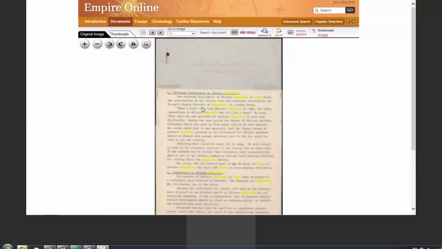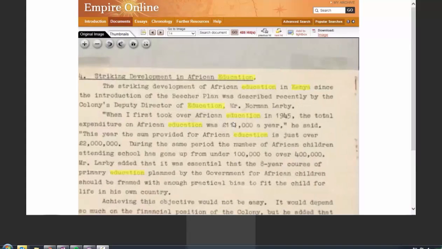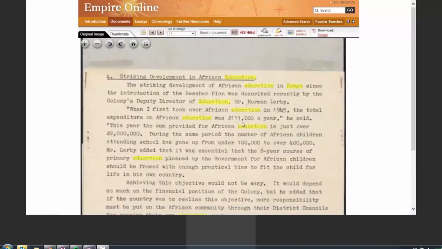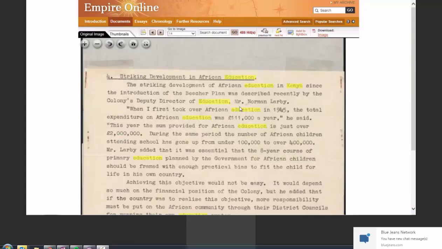Now there's a quote here, and we can see how much the spending on education in Kenya rises. So this dossier was written in 1954. So we can see over 9 years that spending has gone up from 111,000 to just over 2 million. So very different to these